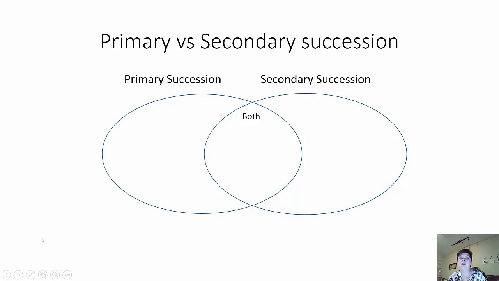Now, the last thing that I would like you to do is to draw this little Venn diagram, and on the left side for primary succession, I want you to write down things that are only